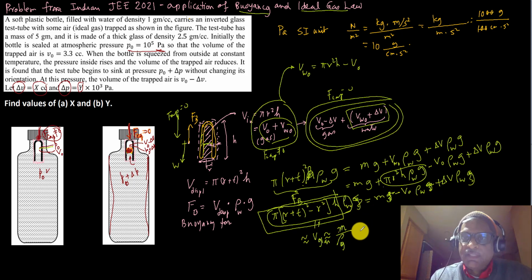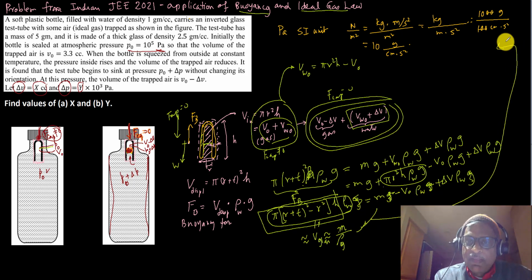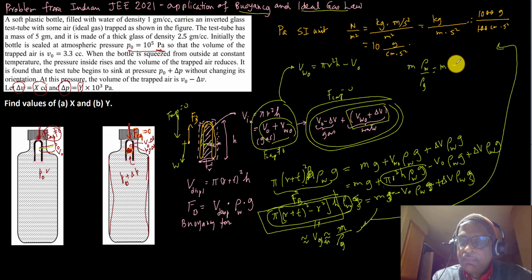So let me get these two over here, so I can combine this. So this is m times rho w by rho g equals m minus V0 rho w plus delta V rho w. And then I can solve this for delta V. So you can just divide by rho w and go over this. So delta V will be V0 minus